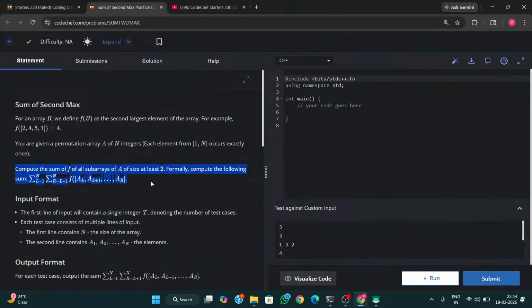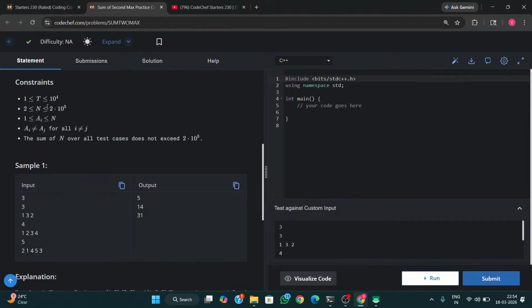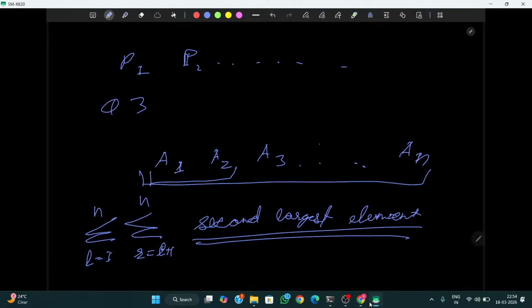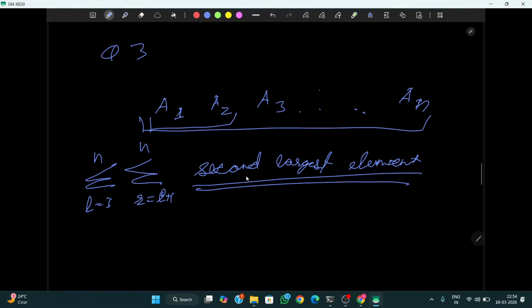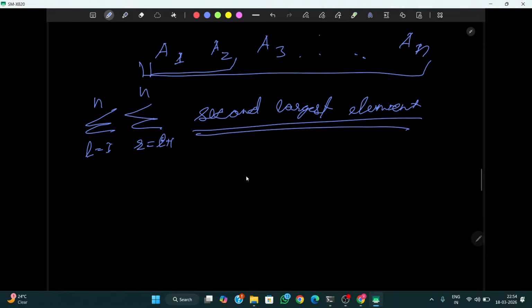Now the first thing that we see is n is 2 into 10 raised to the power 5. So of course n square won't work out here. So we need to somehow calculate this sum in O of n or O of n log n type. Right? So what you can say is,